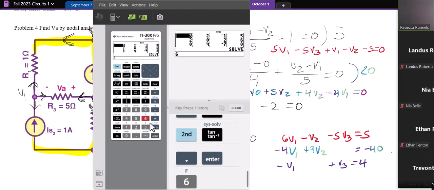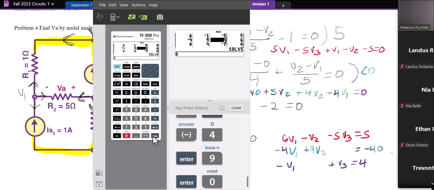Okay, so 6, negative 1, negative 5, 5, negative 4, was that a 3? 9, that was a 9. 9, 0, negative 40, negative 1, 0, 1, 4, solve,